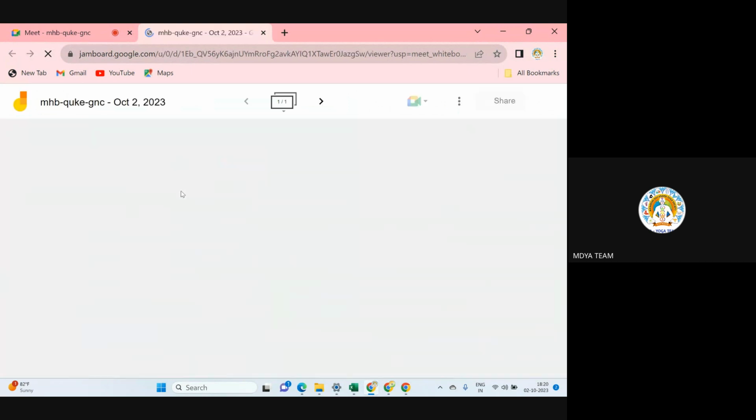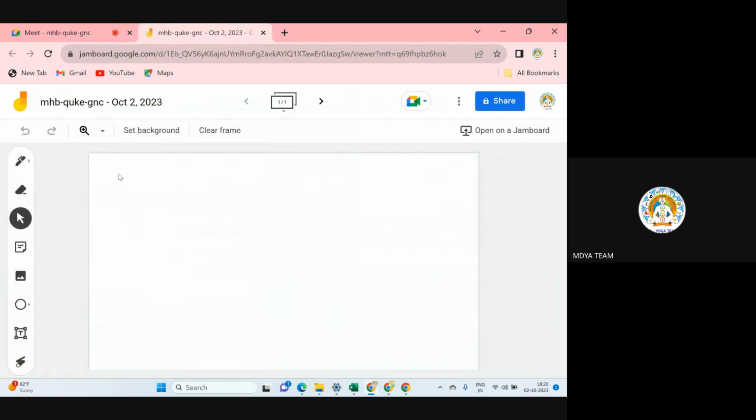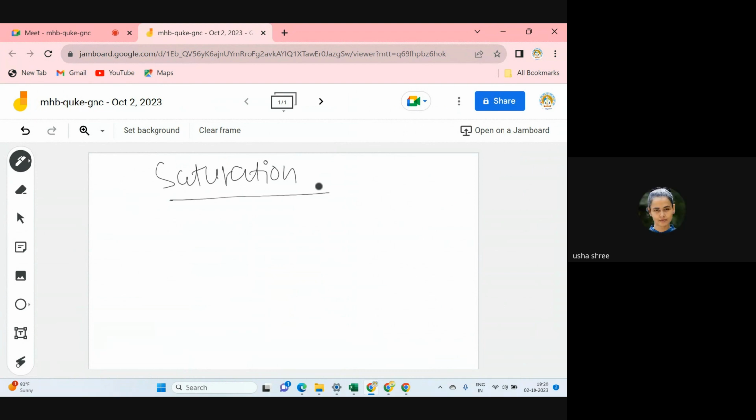Okay, can any one of you describe this term saturation? What is saturation? Just normally. A peak point in which we cannot add anything more, that has reached its peak. Yeah, a peak point in which there is no chance that something can be added. That is known as saturation point, or the condition is then saturated. So saturation is something you can't increase or you can't add to.